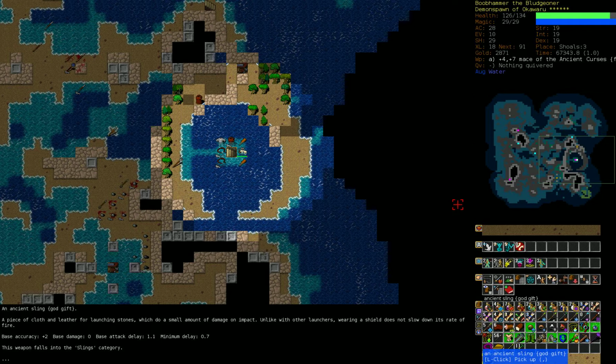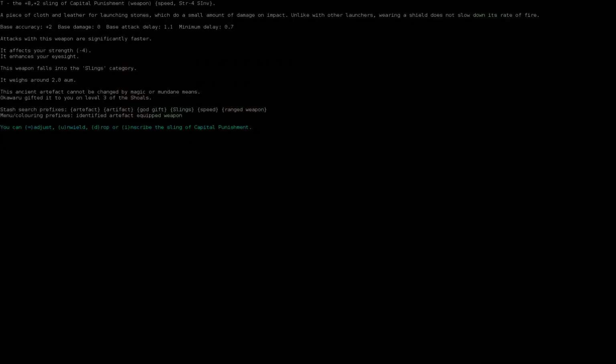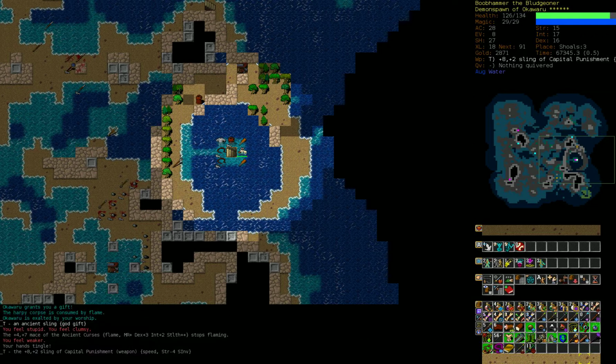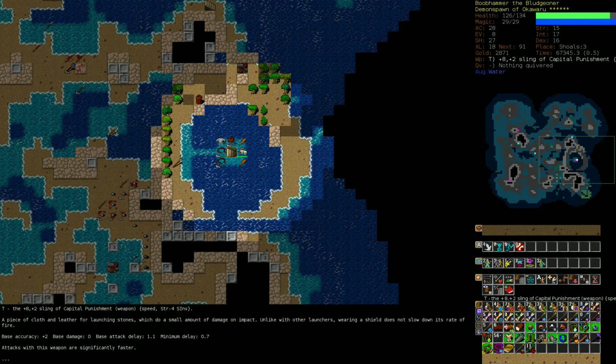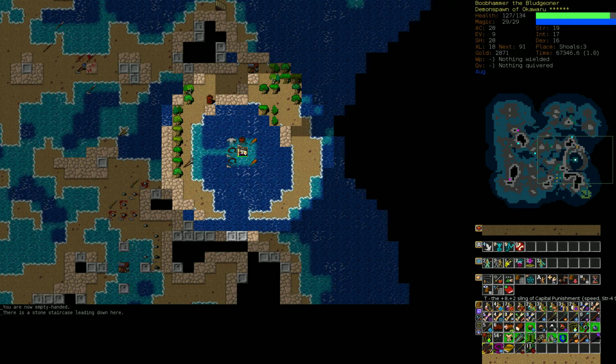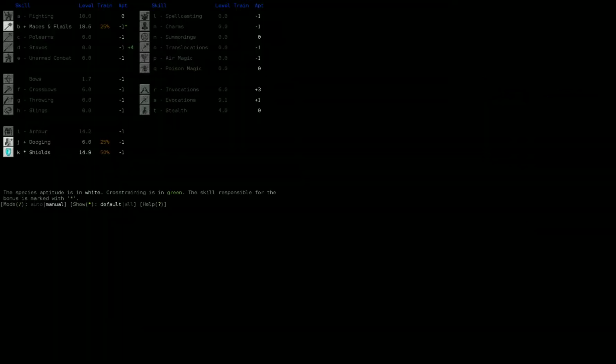A sling? That's what you give me, Okawaru? A sling of speed. It gives us see invisible and -4 strength. But wearing a shield doesn't slow down its rate of fire, so I think that means we can pick up some sling bullets maybe and ditch this crossbow at some point. I never thought about that as a reason to train slings, but...